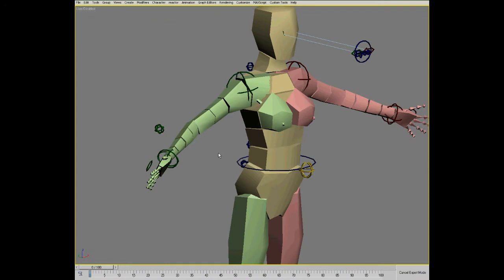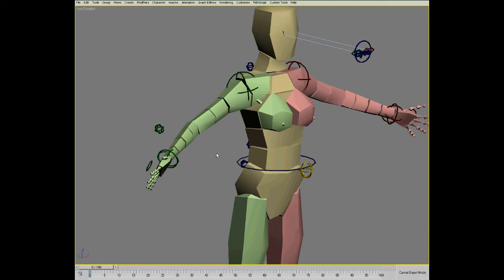In the next section of the DVD, we're going to look at arm rigs. Arm rigs can be done in many different ways. There's just a straightforward FK arm. We can do IK, FK switching arms, auto clavicle setups, arm twisting solutions, or all of the above really, all